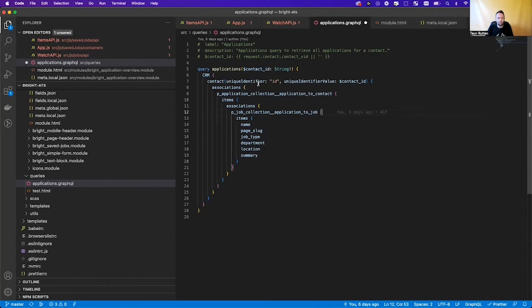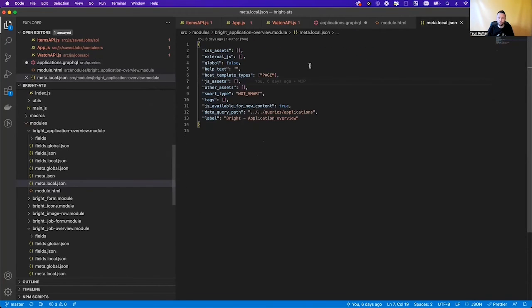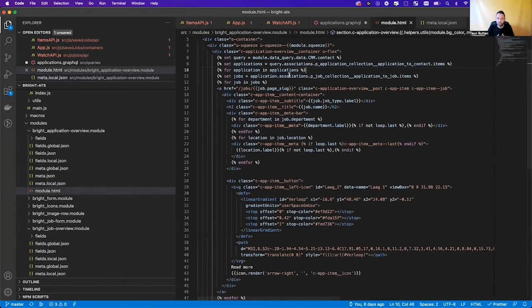So right now I have this query, but I somehow need to access this query. If I go to the meta.json of my module, I can tell it I want to use a data query by giving it a data query path. And you can see right here that I'm passing it the applications.graphql file that is stored in my queries folder. And this needs to be a relative path based on the design tools. By doing this, I then have access to the